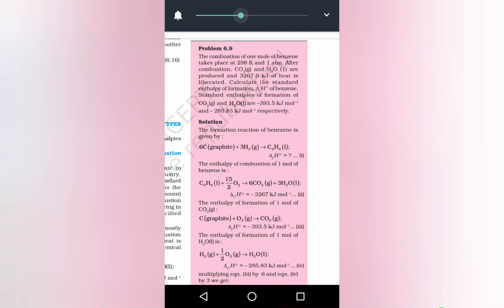In the required equation, benzene, that is C6H6, is on the right hand side, but we have an equation, the combustion of benzene, where it is present on the left hand side. So the equation number 2, which is given in the textbook, has to be reversed. While reversing a chemical equation, the delta H value will have the same magnitude but reversed sign. You will have to take that value also. When we reverse the equation it becomes 6CO2 plus 3H2O gives benzene plus 15/2 O2, and the value will become delta H0 equal to plus 3267.0 kilojoules per mole.